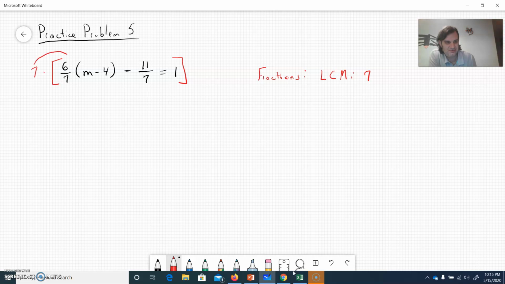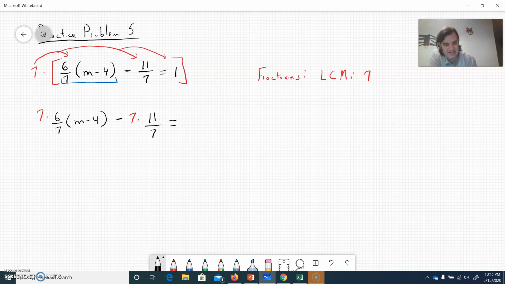So we're going to distribute that through the first thing, and it's worth noting that this whole thing, even with the parentheses, is one term. And then we'll multiply it by the 11 sevenths and the 1. So I've been writing this out in the same way, so let's be consistent. 7 times 6/7 times m minus 4, and then we'll have minus 7 times 11/7. That'll be equal to 7 times